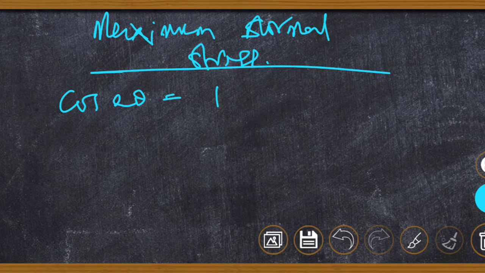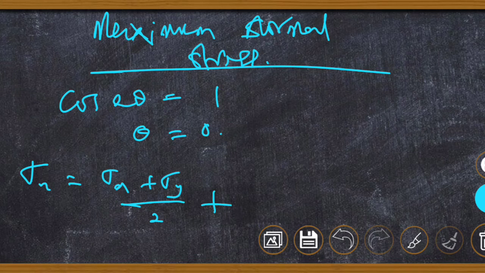So maximum normal stress is maximum when cos 2 theta is equal to 1, or when theta is equal to 0. When my value of theta is equal to 0, we have a maximum normal stress. Now, from the formula of normal stress, I have normal stress equal to sigma x plus sigma y all over 2, then plus sigma x minus sigma y over 2